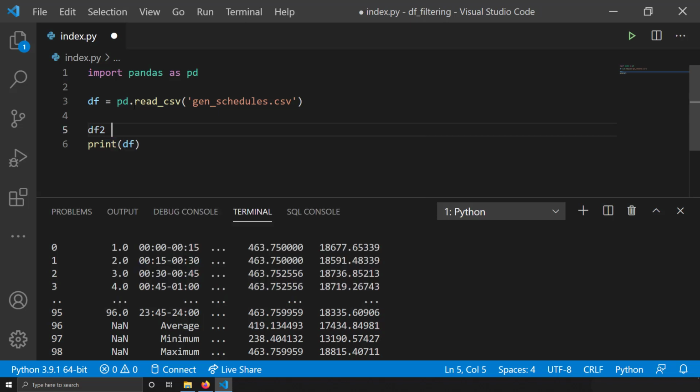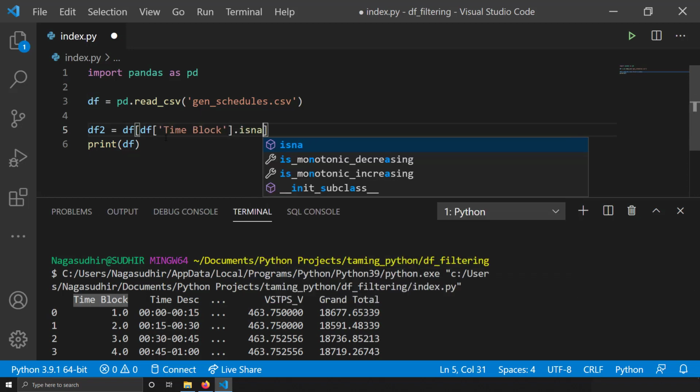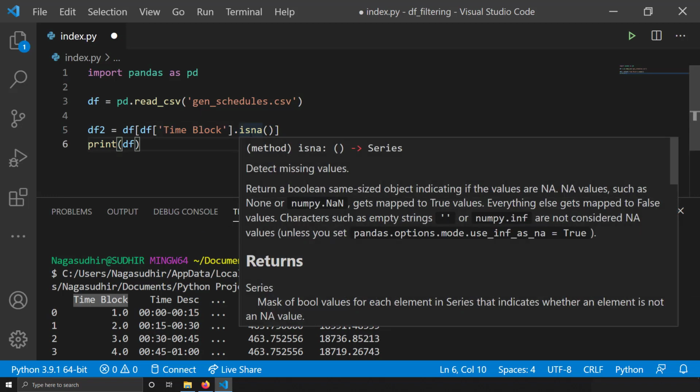I'll just write df2 equal to df of, and I'll write df of the name of the column, which was time block. So just copy this and I'll write time block, and here I'll write isna. What it is doing is creating a list of Trues and Falses, and if the time block column is NA in that row, it will be True, but I don't want that.